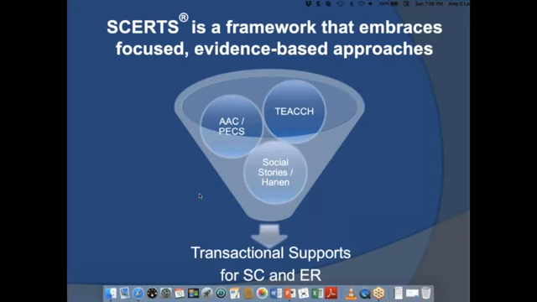But we have a curriculum within the model which has a clear scope and sequence of goals and objectives for individuals with social communicative learning differences. So in terms of social communication and emotional regulation, but we also have a full scope and sequence of goals and objectives for the partners. So when we assess a child, we also assess their partners.